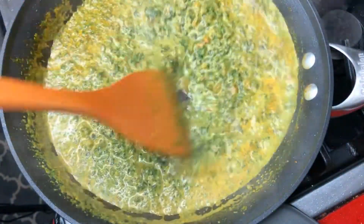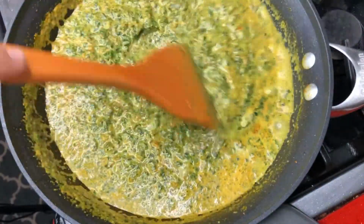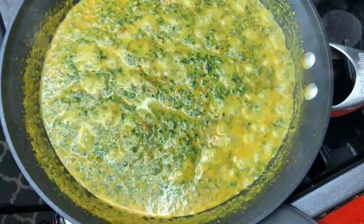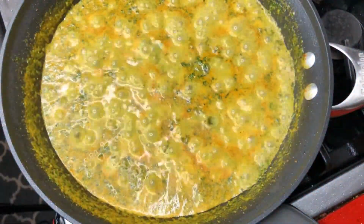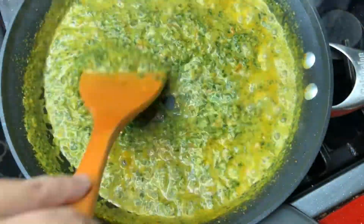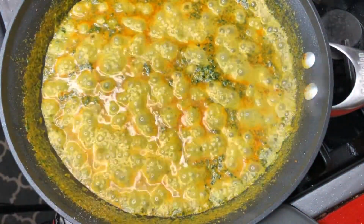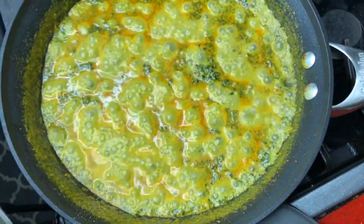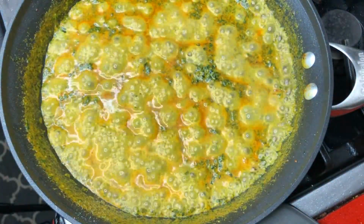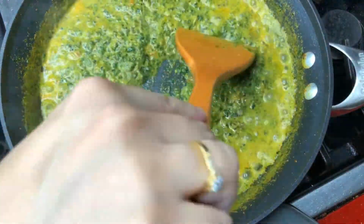The heat because I want to cook down a lot of this milk. It's really watery, so we want to thicken it up a little bit. Okay, so definitely go ahead and add more salt. I tasted it and needed a little bit more. You guys go ahead and taste it and see how much salt you need. It's nicely thickening up. You want it to